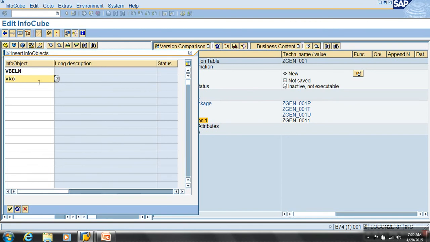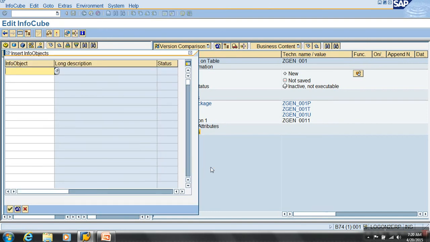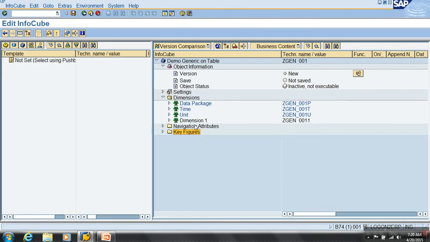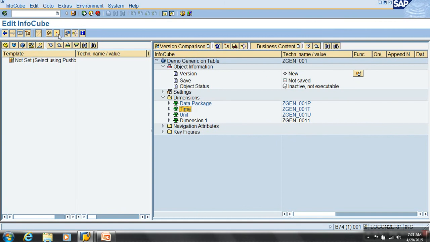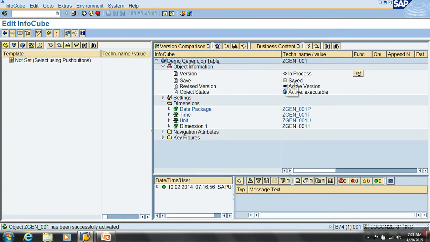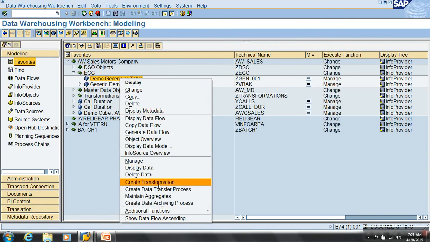How many InfoObjects will I need? I have 5 ready already. Okay. So done. Now the cube is ready. What should I do next? Yeah, create transformations.